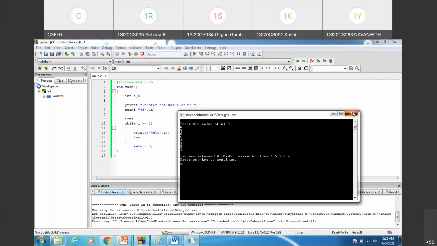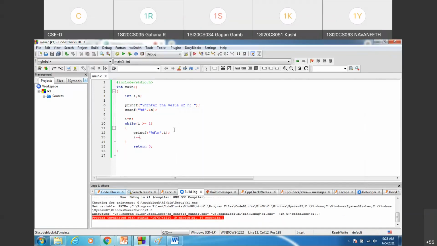So just observe in which places you have to make the changes. Okay, if you want to create a decrement loop, see the initialization part, how we have given it, the test condition part, what operator we have used, and then the updation part, which operator we are going to use. In these three places, you have to make changes: initialization part, test condition part, and updation part.